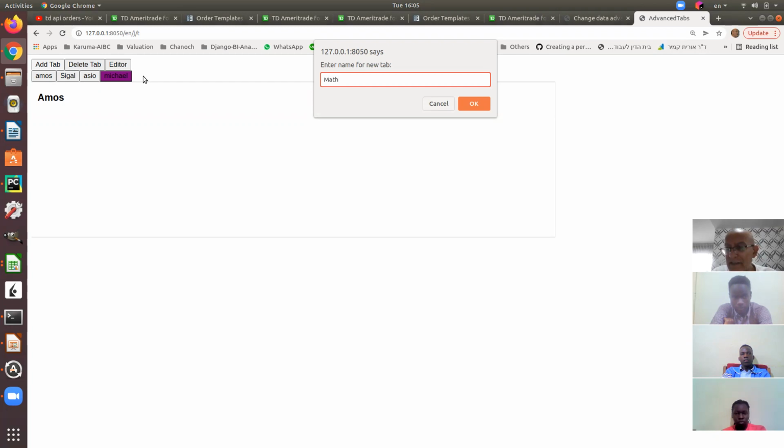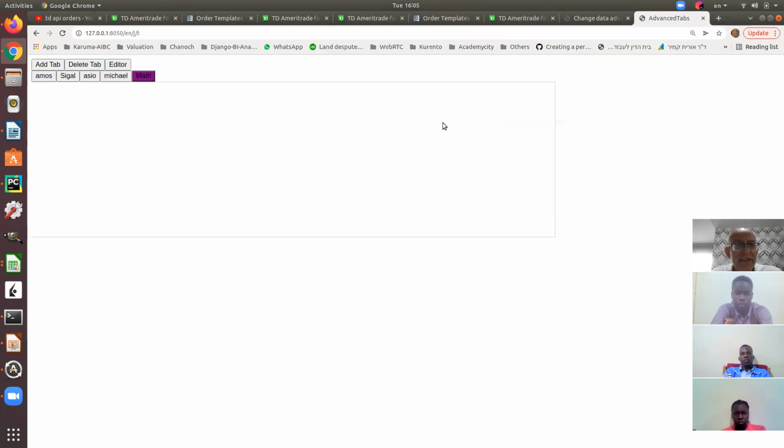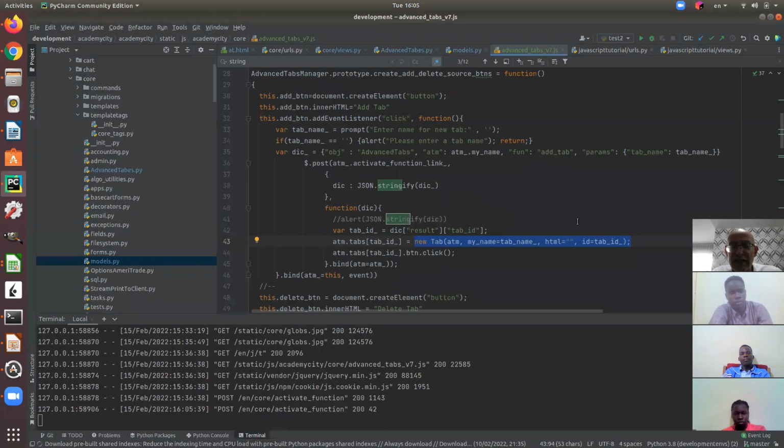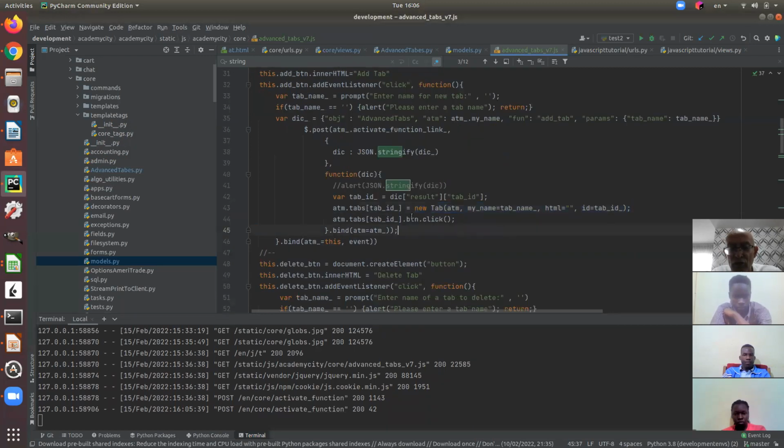When I click on it, I want it to have its own div, which will hold the content. I don't have it here. So when I click OK, by the way, it's calling some functions. See what it did? Who made this button? By the way, this is the div that goes with this button. Who made it? Then I gave the job to be done by a new object